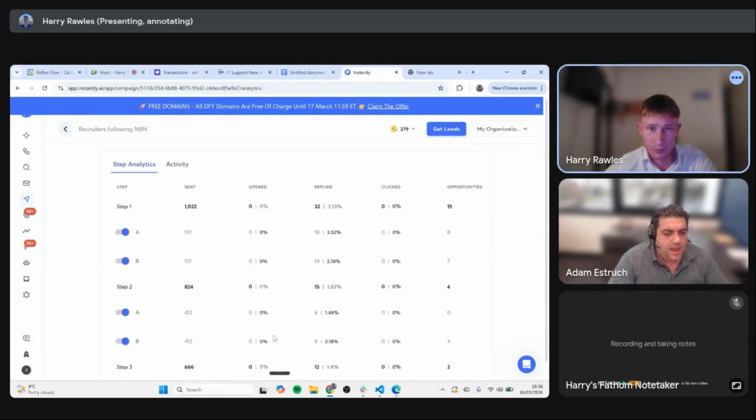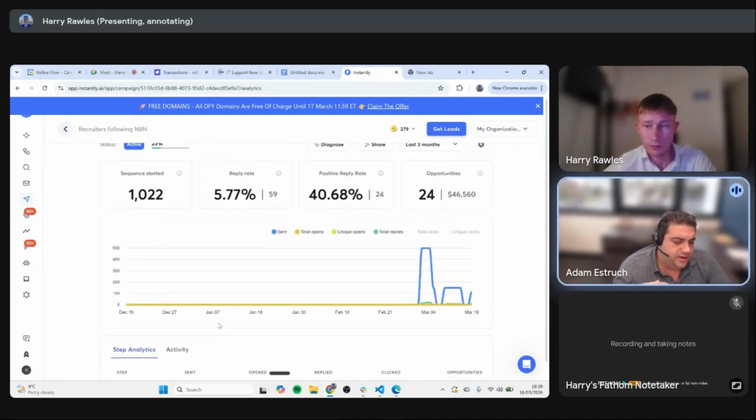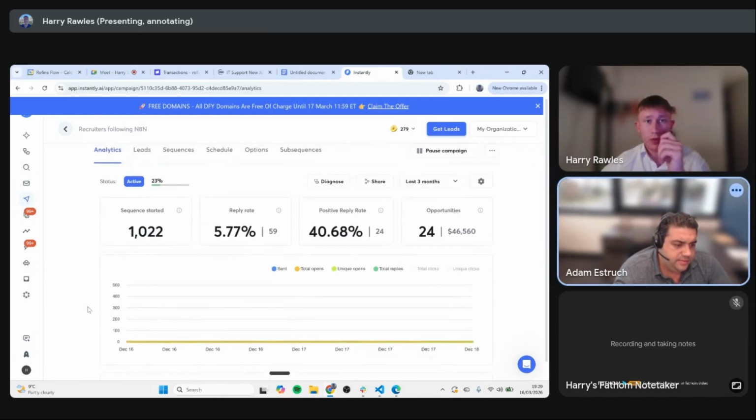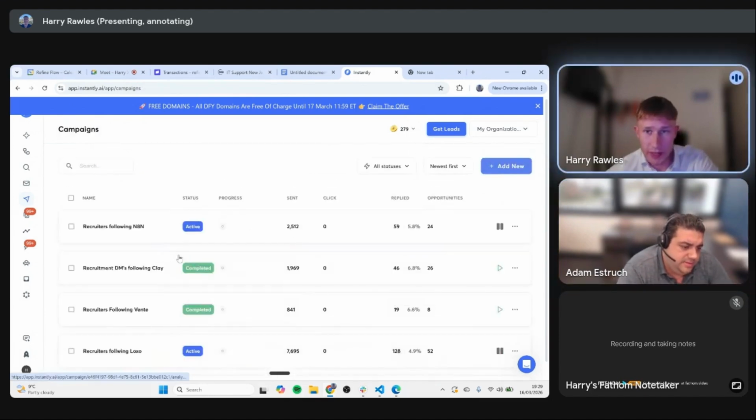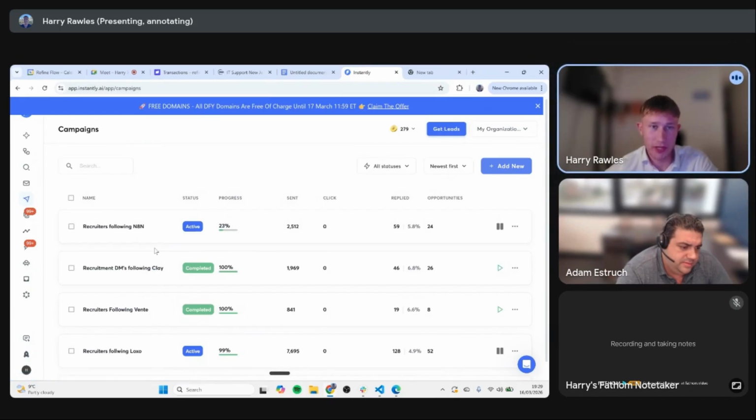Awesome. But yeah, and then now, sorry to cut you off. Now, when you run this campaign, where are you pulling your data from right now? So you upload it into here already? Yeah, so the data here is already uploaded. So what I'll do is take you through the exact process, from A to B. When I want to launch a new campaign here, recruiters following N8N, for example,